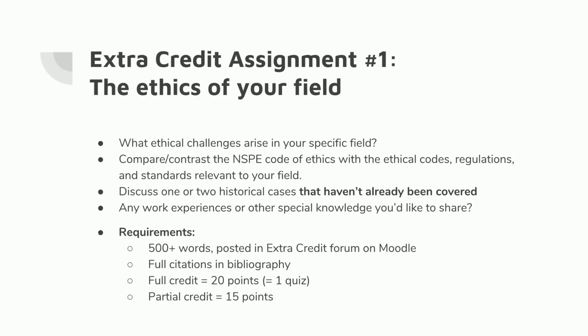If you're going into biomedical ethics, maybe not as an engineer, but maybe as a biologist or a biochemist or something, maybe there are ethical concerns in those fields that differ from what we've talked about. Look up how the codes are different. Maybe look up a few important case studies from these different fields to help illuminate your discussion. Your assignment shouldn't be just the case study, and you shouldn't be doing case studies that we've already talked about, but try to do some novel case studies that get into the details